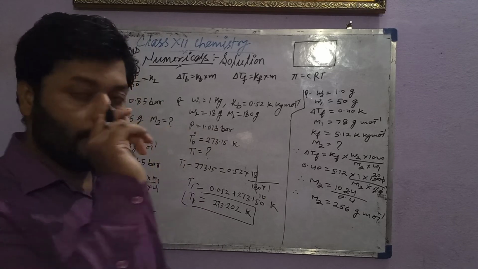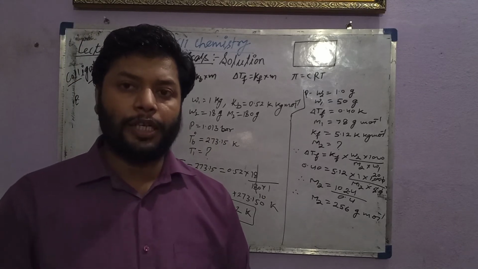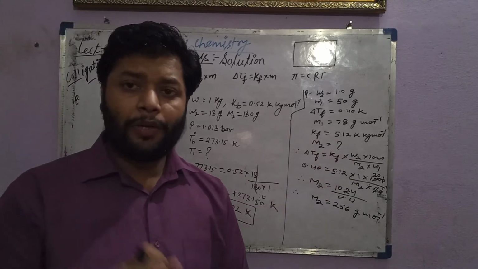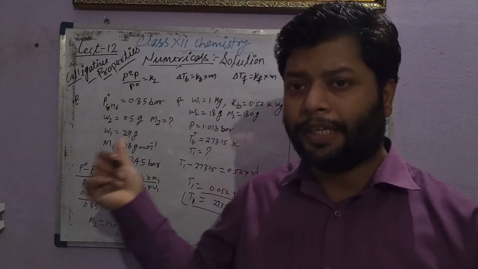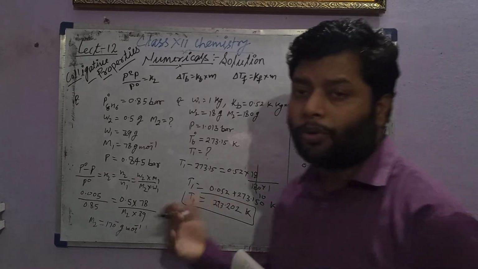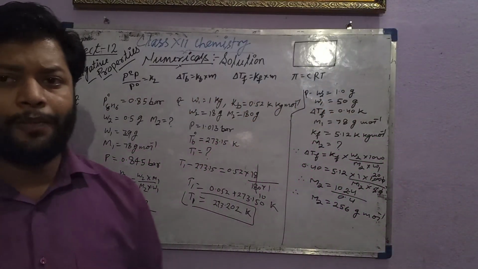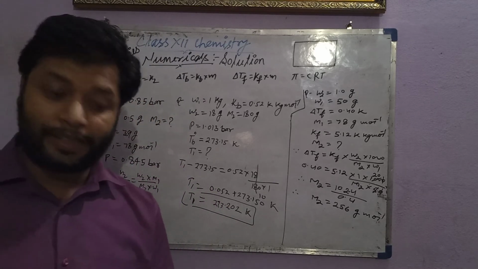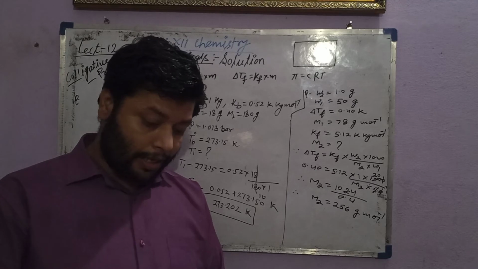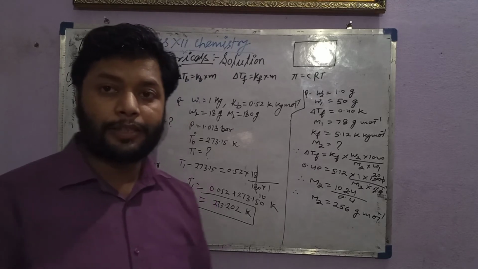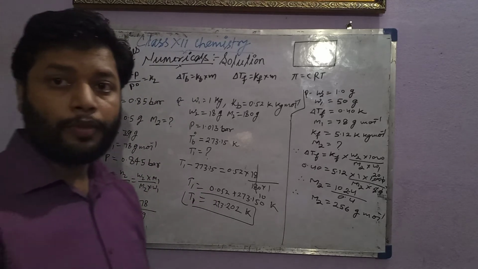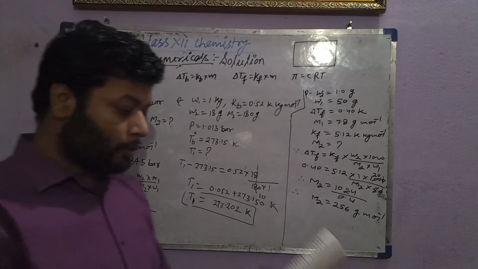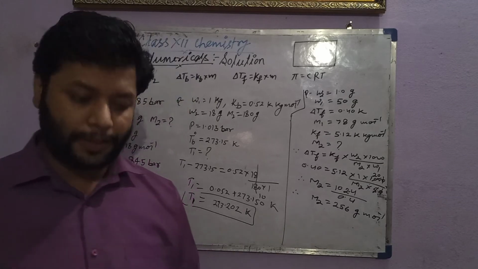So you can see the question on depression of freezing point is strictly based on that formula. If you know the formula of these three, then you can easily attempt the questions on elevation of boiling point and depression of freezing point. I am going to attempt one of the questions on osmotic pressure from the example, or we can take any other section in the text. Okay, so first take this snapshot. Fine, we'll try to attempt one of the questions from the osmotic pressure.